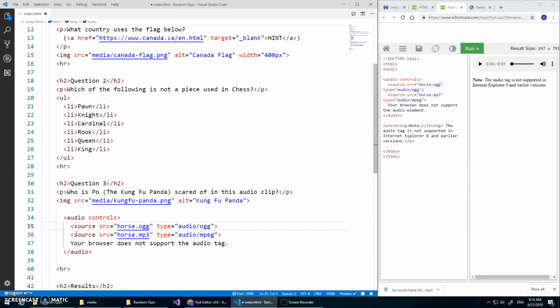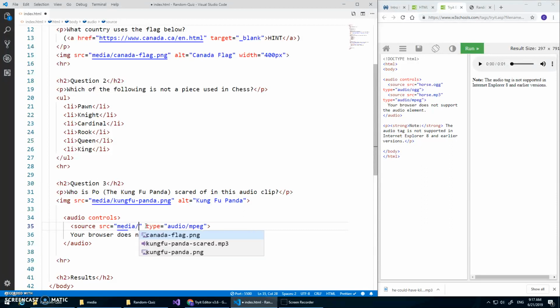Okay, now obviously I don't have this, so I'm going to cut that out, and instead of horse.ogg, oh, hold on, I cut the wrong one. I think we have an MP3. So we're going to change the source here to media/Kung Fu Panda Scare.mp3, which is this MPEG type. Hit save,